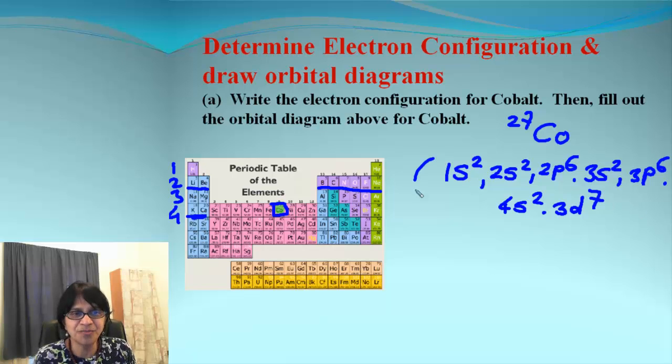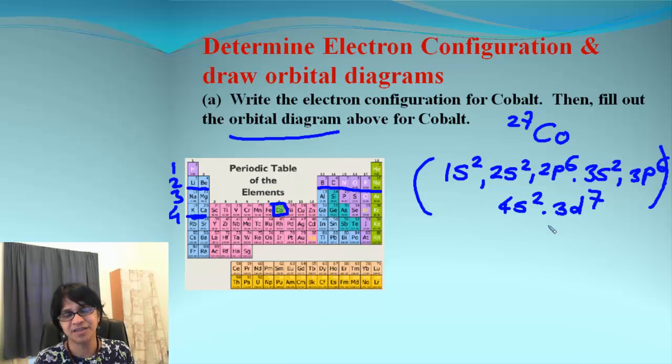So what we got, all of this, is the electron configuration for a cobalt atom. That wasn't that difficult, right? Now let's take this one level higher. We are going to go to the orbital diagram using our electron configuration. Remember, s only has 1 orbital, p has 3, d has 5, and f has 7. And we are going to show that by